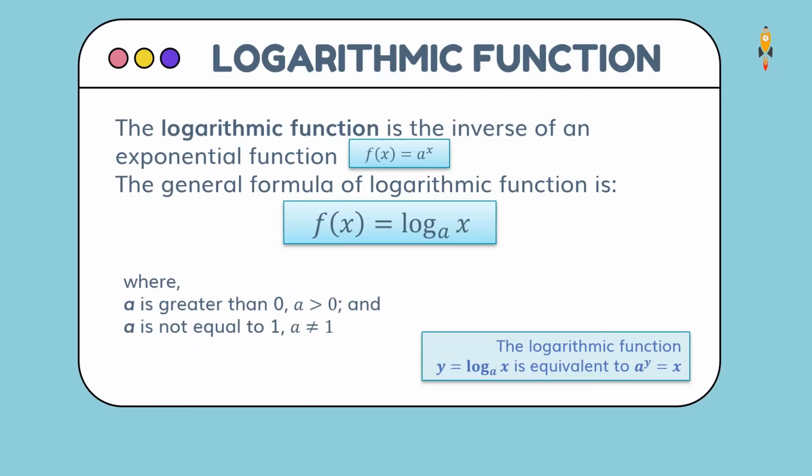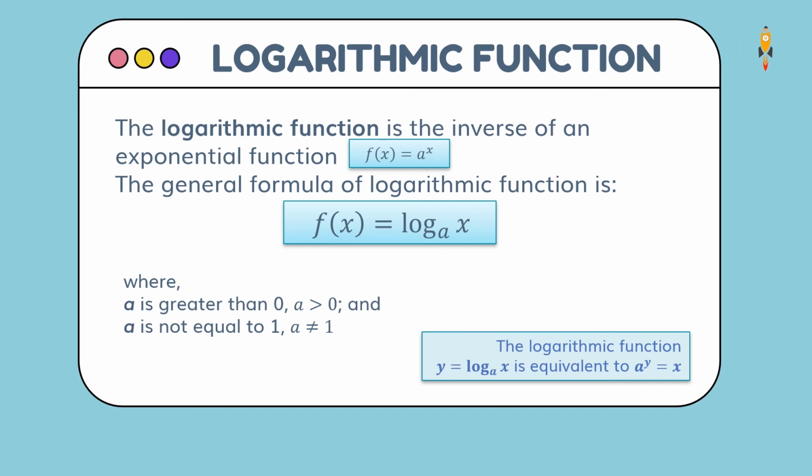What is a logarithmic function? The logarithmic function is the inverse of an exponential function f of x is equal to a raised to x. The general formula of the logarithmic function is f of x is equal to the log base a of x, where a is greater than 0 and is not equal to 1. The logarithmic function y is equal to log base a of x is equivalent to a raised to y is